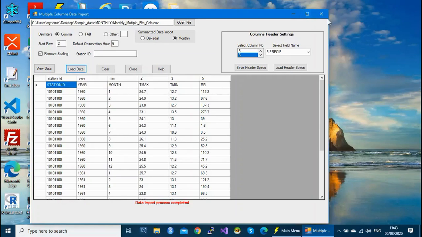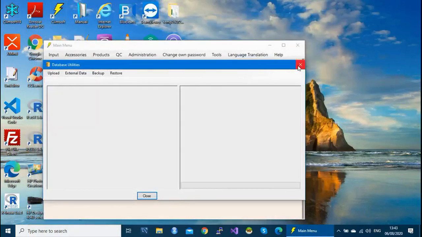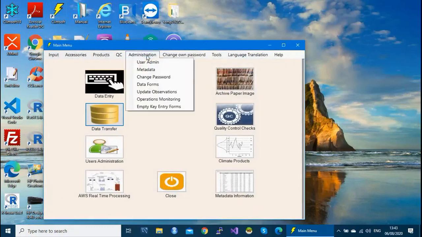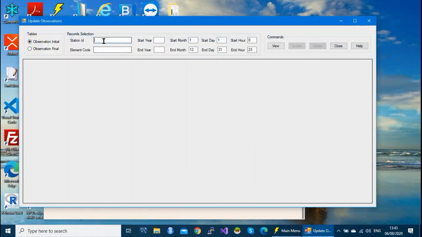Close this window, close this one, go to administration, then update observations menu, type your station, which is 10101100, start with element 2. Remember my data starts from 1960 to 1970, January to December.